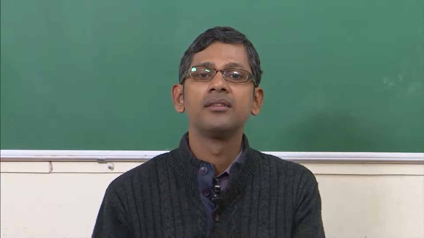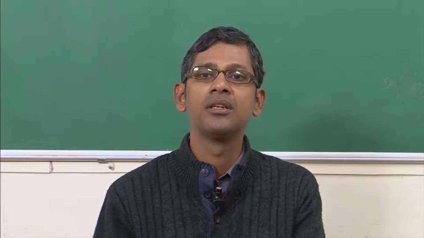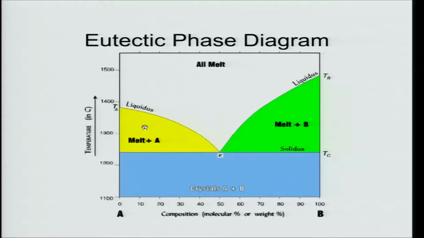Hello. So, we discussed the eutectic phase diagram in the last lecture, and we are going to continue the discussion for further details. I told you that there are three different types of eutectic phase diagrams which are normally used in the literature. The first one is this type. It is a very simple one in which we have the two liquidus surfaces coming and meeting at a point